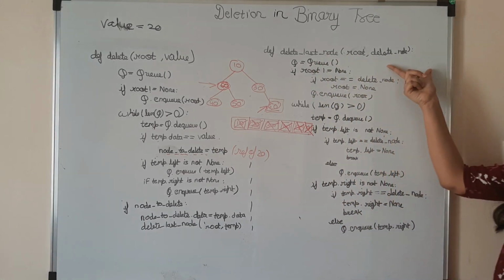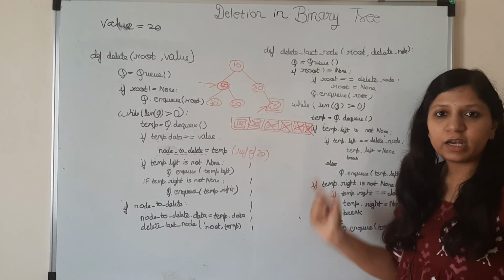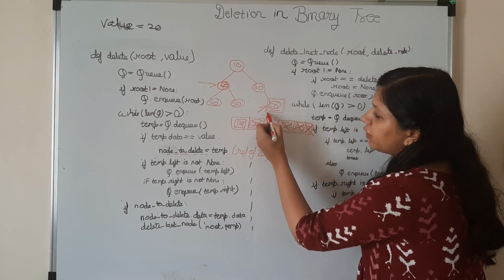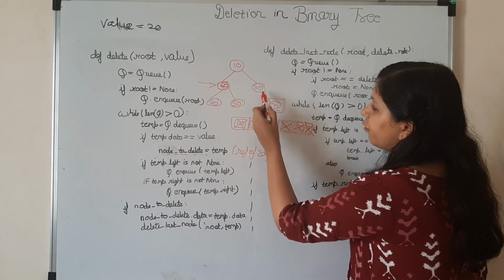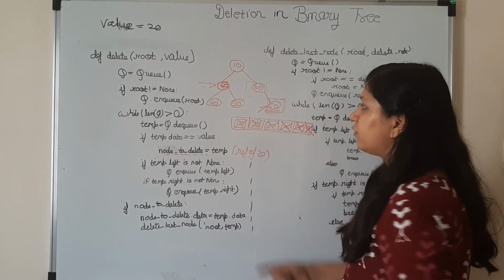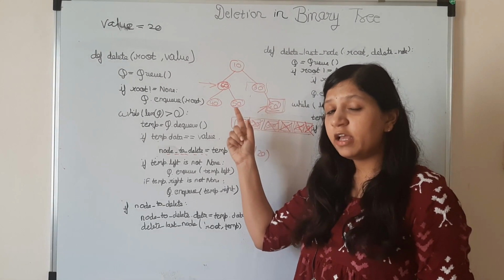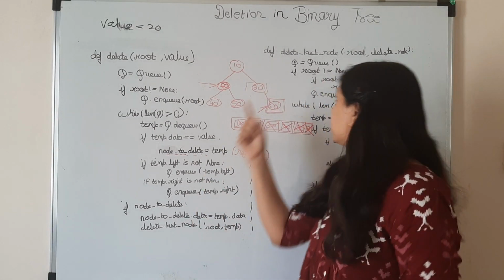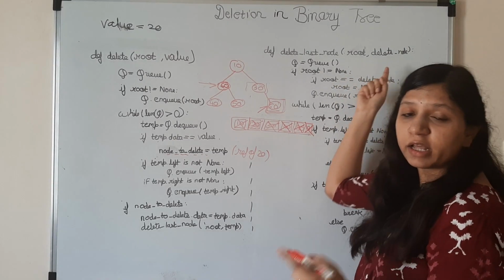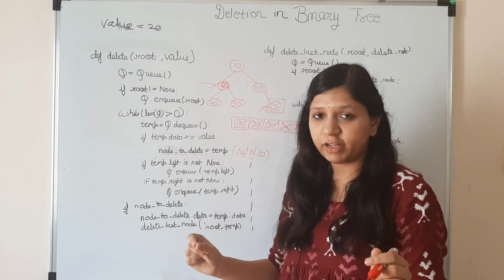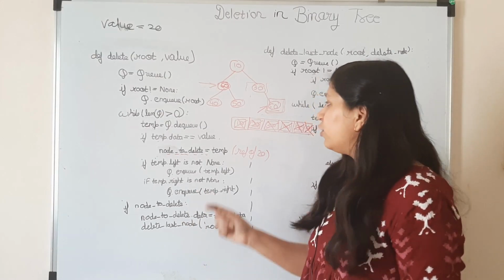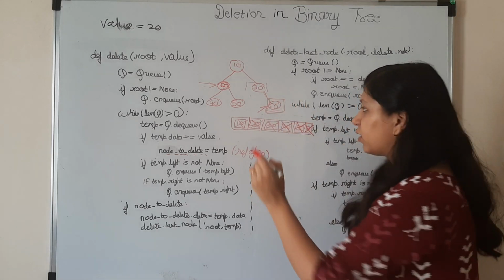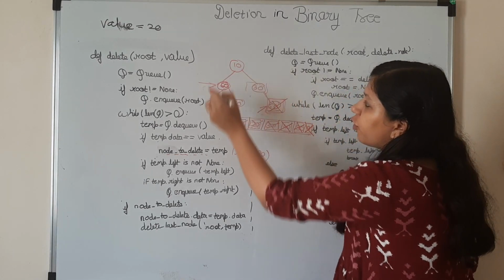So this is the method which will again do the level order traversal. Why? Because it is supposed to find the parent of this node, and the parent of this node is 30. As soon as we reach 30, we'll check if left or right of 30 is equals to the delete node. We'll check the reference, not the value. If it is, we'll put none in 30's right, because we want this to be deleted from our tree.